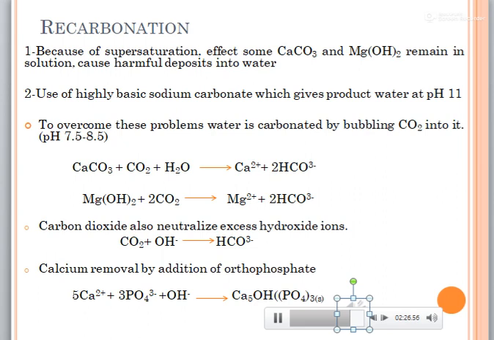Calcium may be removed from water very efficiently by the addition of orthophosphate. It should be pointed out that the formation of a slightly soluble product for the removal of undesired solutes such as hardness ions, phosphate, iron, magnesium, and manganese must be followed by sedimentation in a suitable apparatus. Coagulants must be added and filtration applied for the complete removal of these sediments.